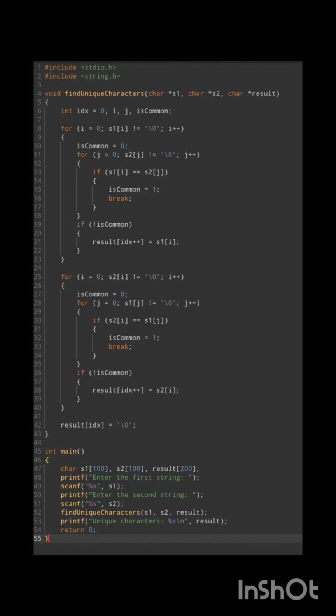Then initiate the for loop i equal to 0, S2[i] not equal to '\0', i++, and initialize isCommon equal to 0. Write another for loop j equal to 0, S1[j] not equal to '\0', j++. If S2[i] equal to S1[j], then set isCommon equal to 1, then break it. Next, if not isCommon, result[idx++] equal to S2[i], then close the for loop and write result[idx] equal to '\0';